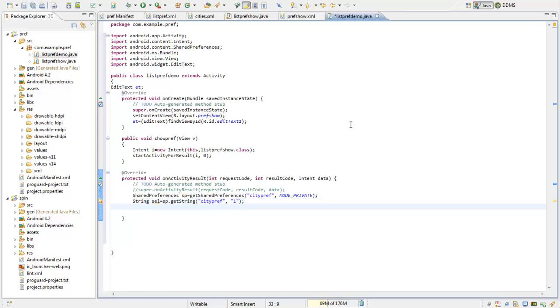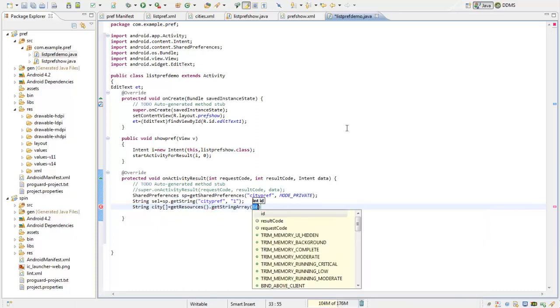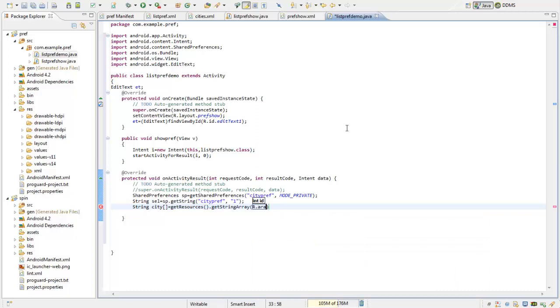So this is the index of the choice, but we need to show the user the value of the city that has been chosen. So I'll even take up the array, city array, from the resources file, getResources().getStringArray(R.array.city_names).